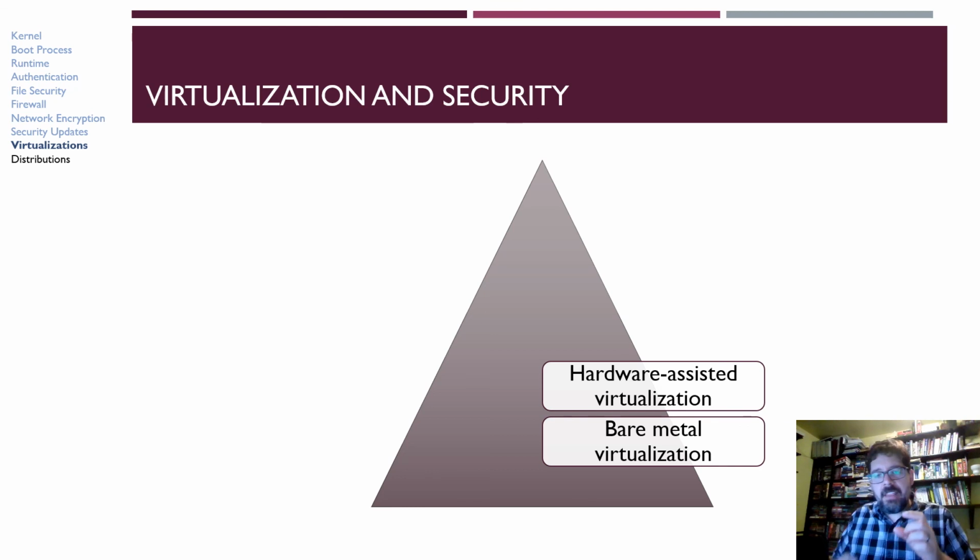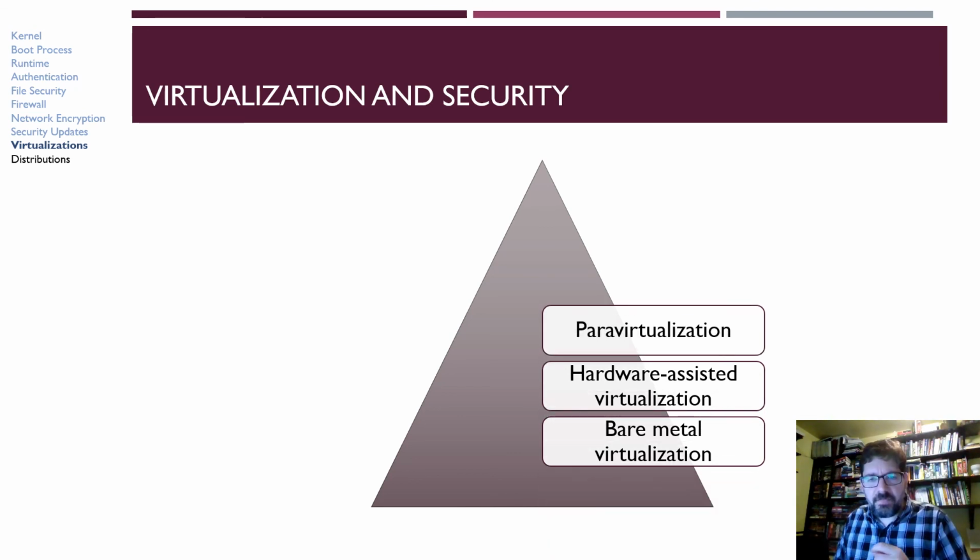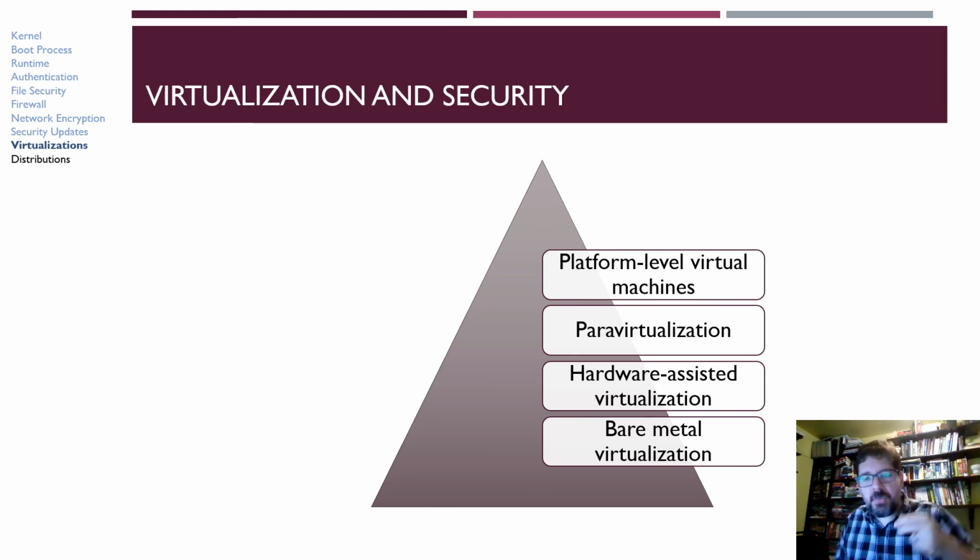This is where the hypervisor can use certain features within the CPU. Both AMD and Intel include features that enable more efficient virtualization. These are features that have been added over the last 10 years or so. And then you have paravirtualization and then platform-level virtual machines, which is arguably these type 2 hypervisors, where your hypervisor,